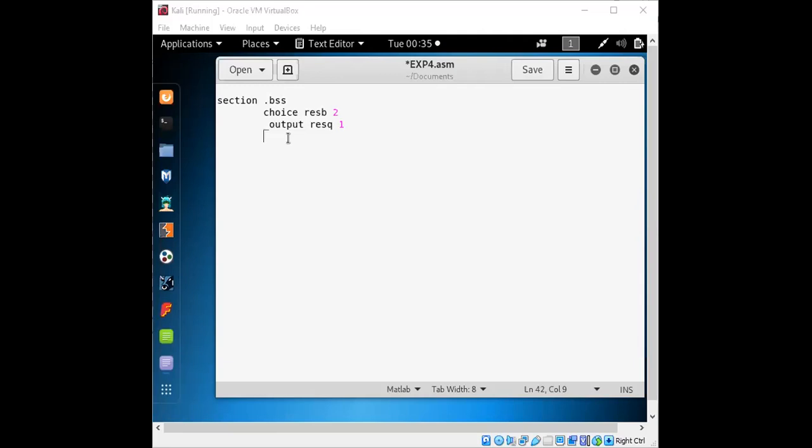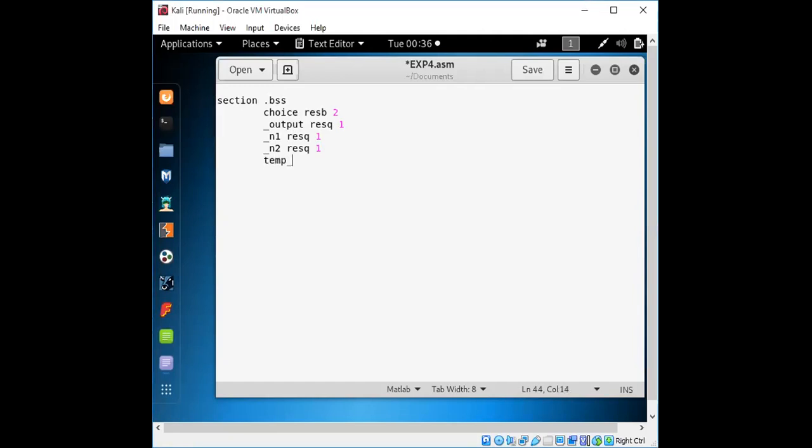We'll require two inputs, number 1 and number 2. First we'll take it in one input, then number 2 in the second input.